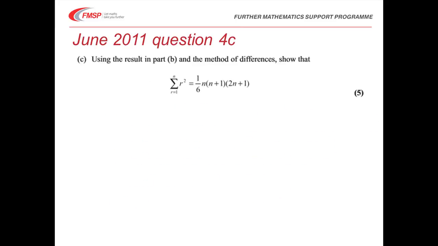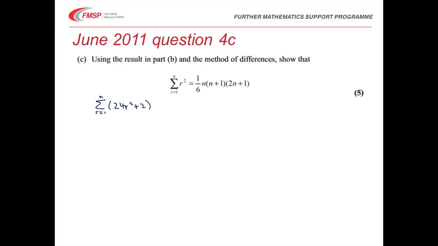So in this part of the question, we need to use the identity found in part B and the method of differences. So if we look at this summation that we're looking for and we use the answer from part B, I can now write the sum of 24r squared plus 2